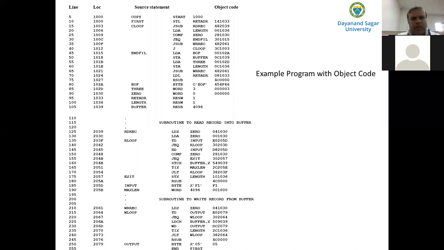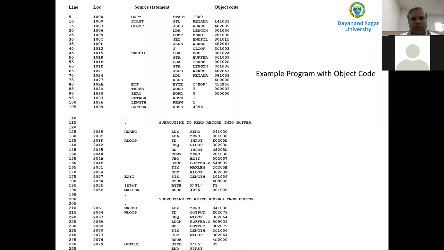In order to illustrate the design and implementation of a simple SIC assembler, we have taken a SIC example program. That is given as input to the SIC assembler, and then this assembler will translate the SIC example program into the object code.